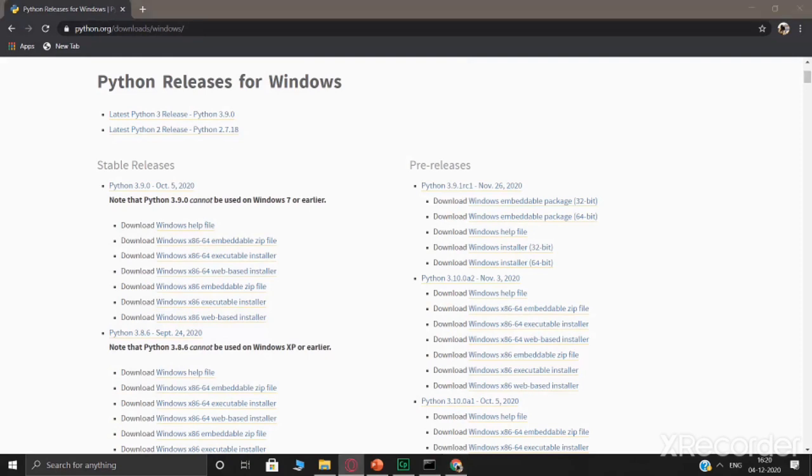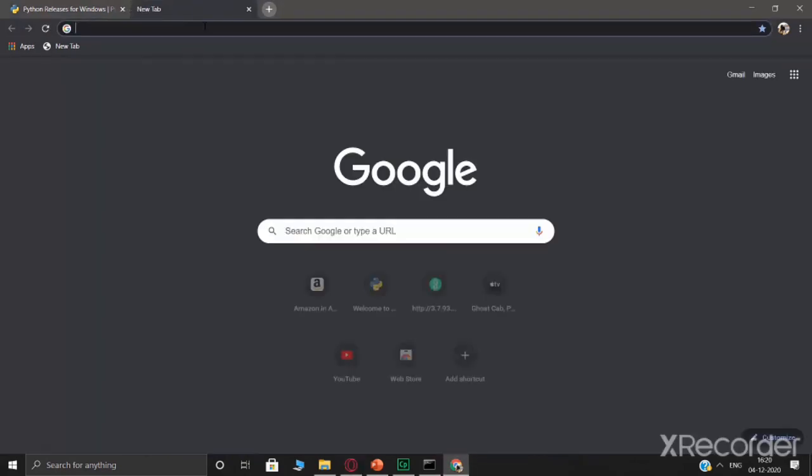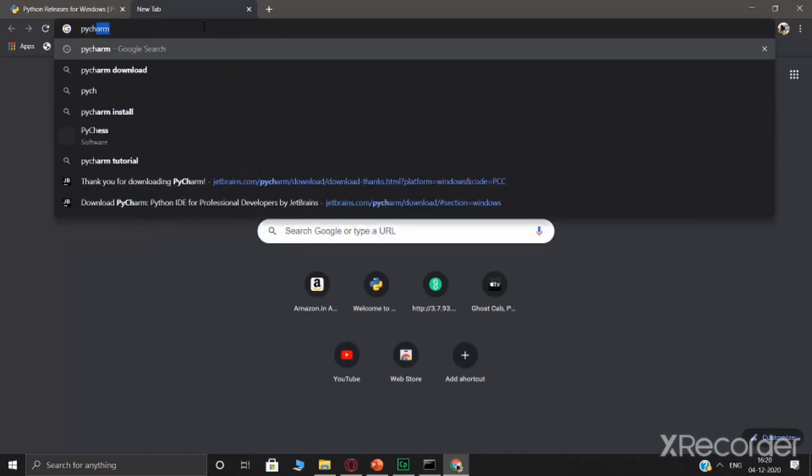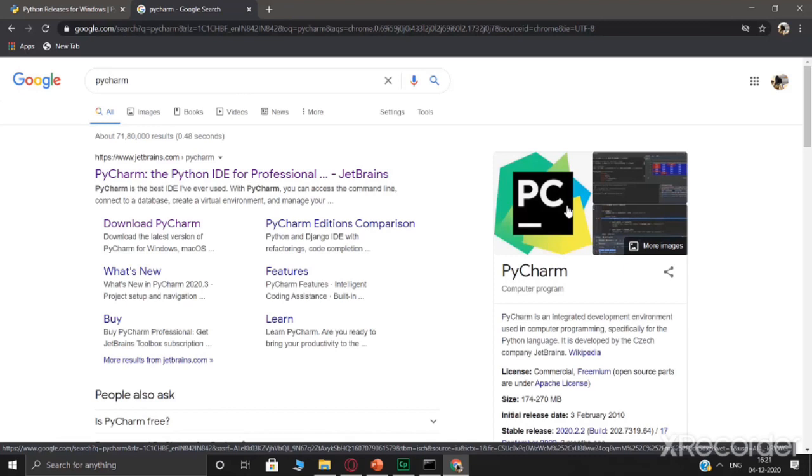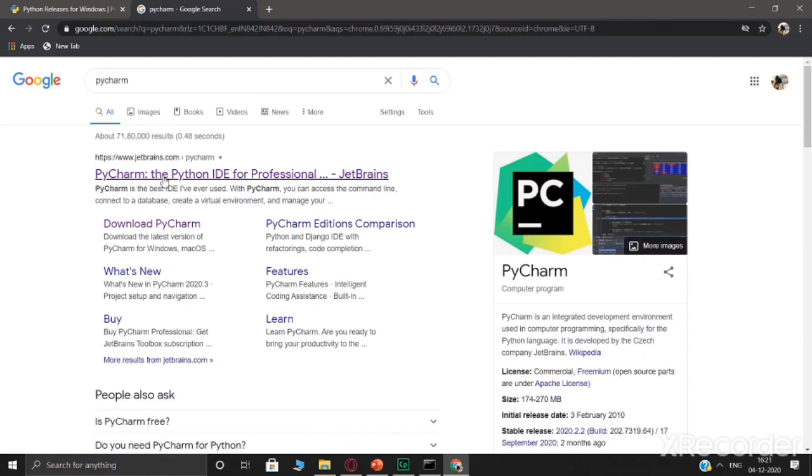There are many examples of a Python IDE, but the one that I prefer using is PyCharm, and this is one of the most popular ones right now. Earlier, Notepad++ used to be used heavily. There were many other options available. Even Visual Studio Code could be used, but nowadays people are moving to PyCharm.